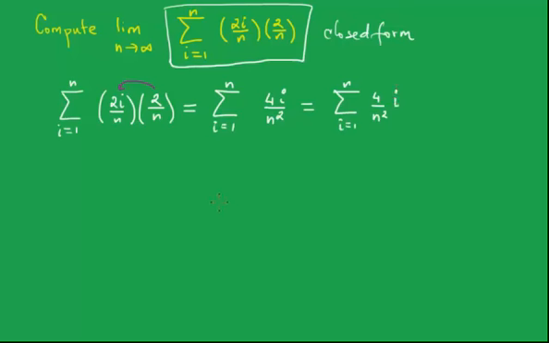It's exactly the same thing. But why do I do that? Because this expression here multiplies i, and it doesn't contain the counter, of course. You never pull out the counter. So I can take this out of the sigma sign, and it becomes 4 over n squared sigma i equals 1 to n times i. So that's what I have,